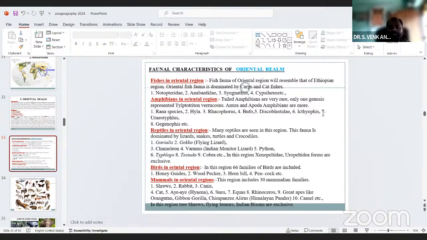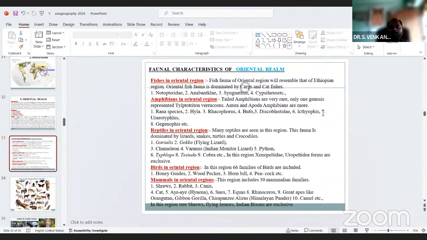Only one genus is represented, Diplodon. Anura and Apoda amphibians are more common, for example six Rana species and Hyla, Rhacophorus, Bufo, and Discoglossidae. So this is the fauna of amphibians.